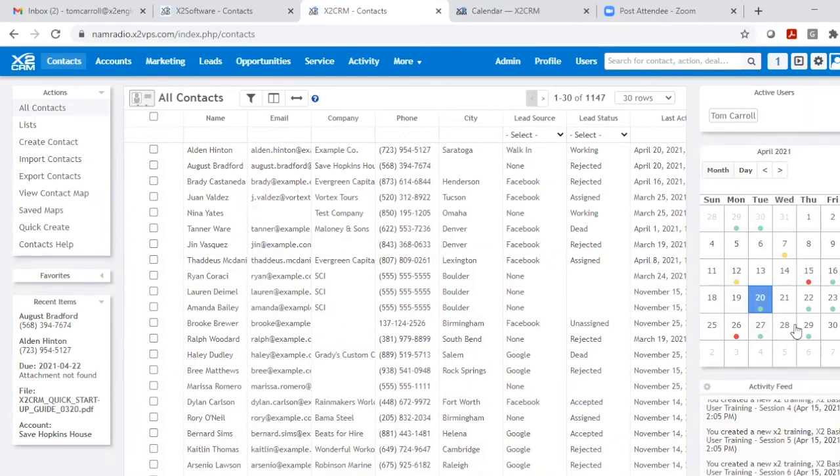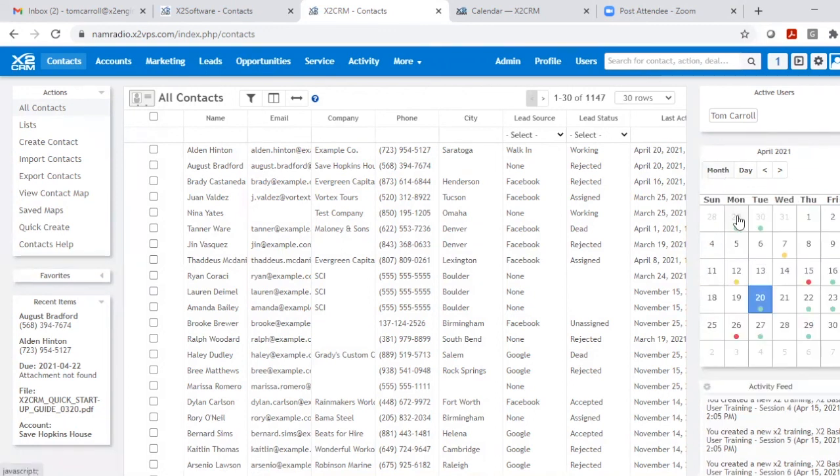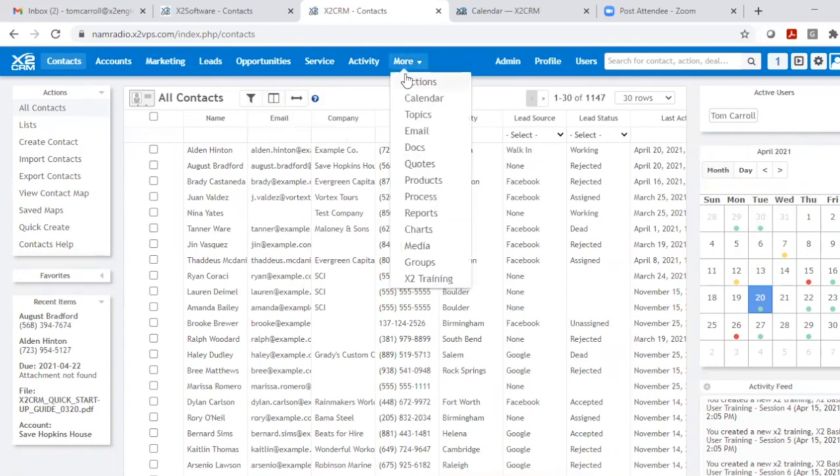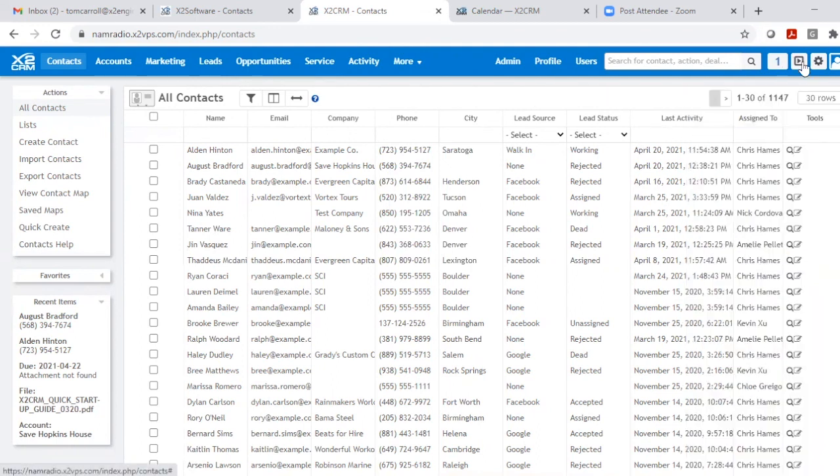Quick view of the calendar. I can click down to see any day. Let's look at that 23rd again. There's the follow-up call that I have scheduled on the calendar for that day. So this is really just a quick way to see what's going on. You can't actually set events from here, but again, it's a quick way without leaving where you're at to get access to that calendar. And then the other way is through the action